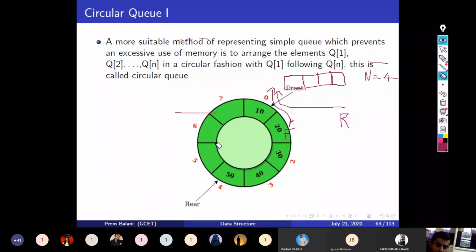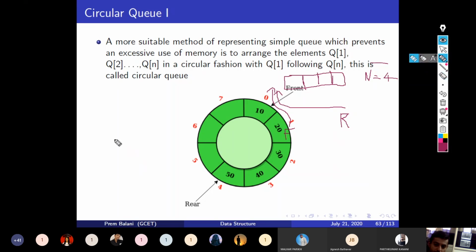In the simple queue, you can see that even though we have room for some elements, for example, say when I delete 2 elements but my R limit is only 2 elements were there, then also, consider this situation.